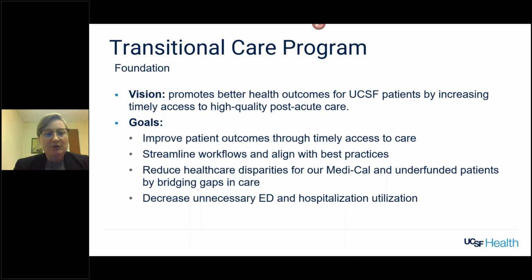So as a result of all of that, our organization said, wow, we need to do something different here. This isn't working. And so we founded the Transitional Care Program as a result. It started off as just myself, and I really wanted to align everything with a set of vision and goals that would carry out across the whole lifetime of the program. And I wanted to make sure that the vision and goals were in alignment with my organizational vision and goals